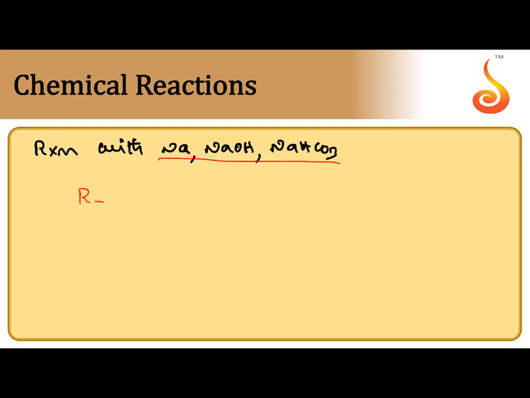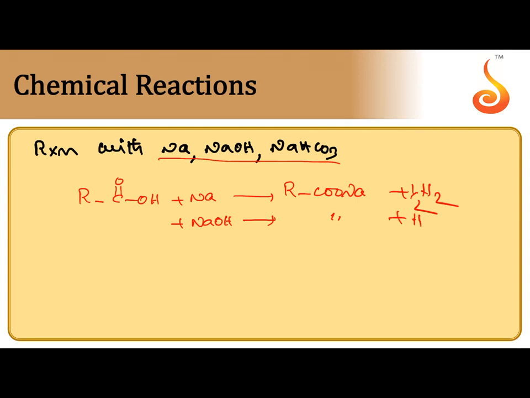So because of the acidic nature, carboxylic acid can react with sodium metal. Now hydrogen is replaced with sodium, RCOONa, a sodium carboxylate, and hydrogen gas is released. Similarly, it is neutralized with sodium hydroxide or potassium hydroxide to give the same salt, but the byproduct is water. In the same way, when it is reacted with sodium bicarbonate, we can get sodium carboxylate plus H2CO3. Of course, H2CO3 is decomposed to give CO2 and H2O.